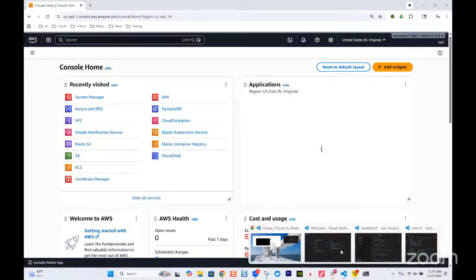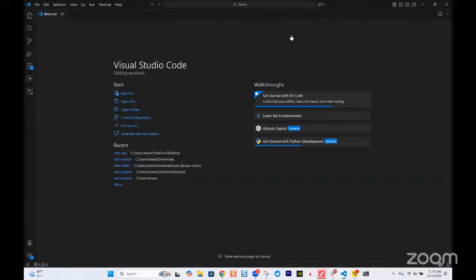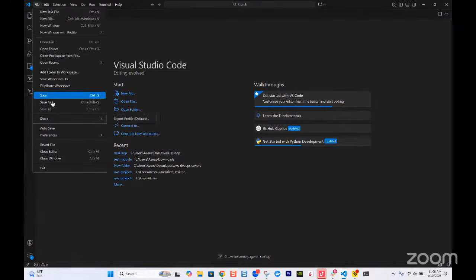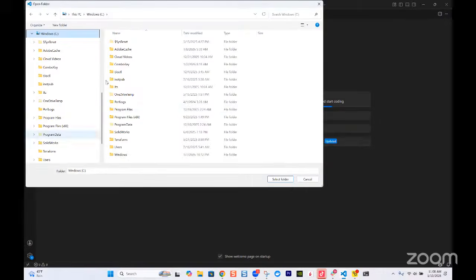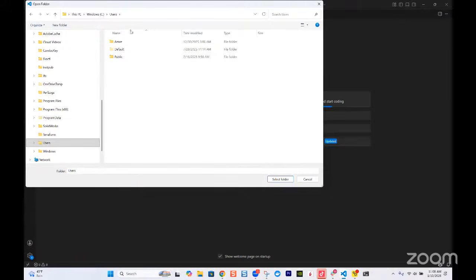All right. Let me share my screen. For our project, I'm going to open our project folder. That will be in my C drive. So open folder, C drive, users,